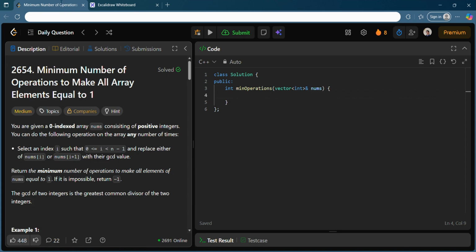You are given a vector of numbers which is 0-indexed and consists only of positive integers. There are no zeros in it. Each and every element is greater than 0. And you want to convert all of the elements to 1, and you can perform this operation any number